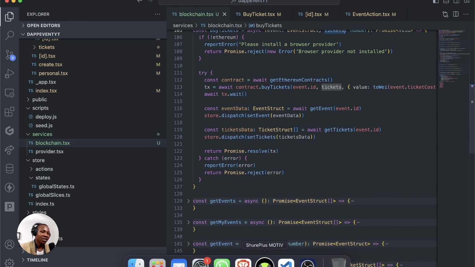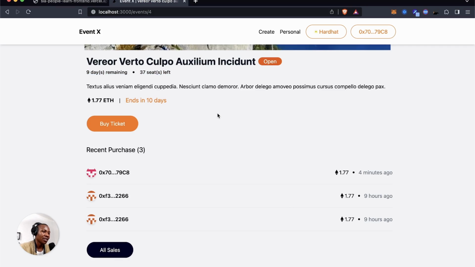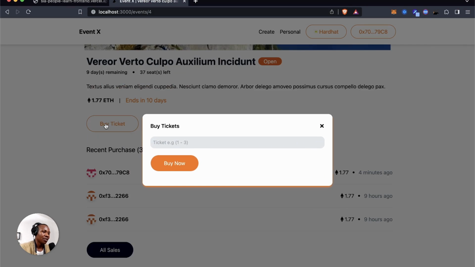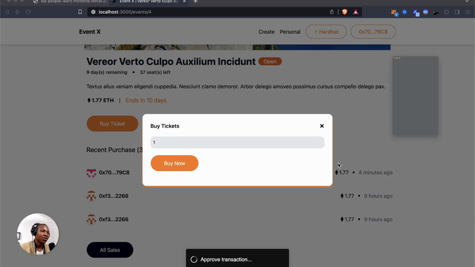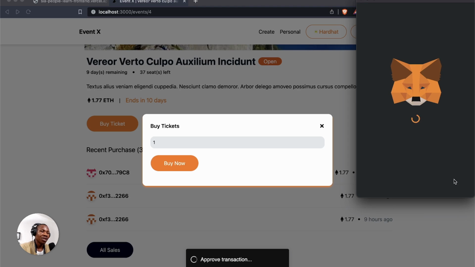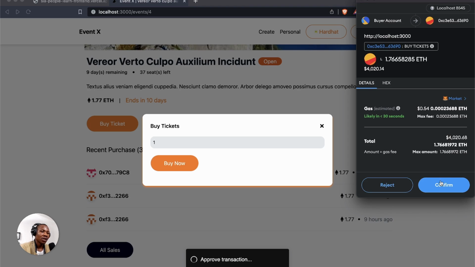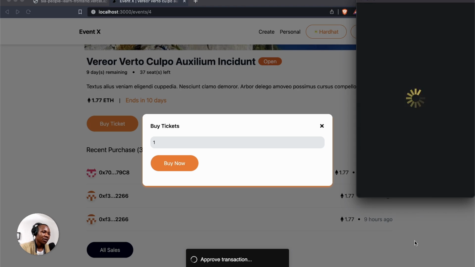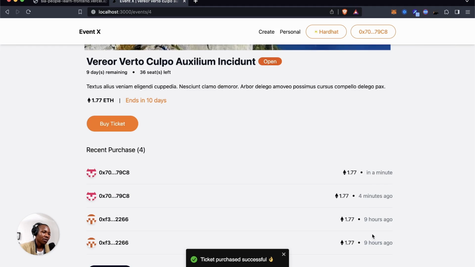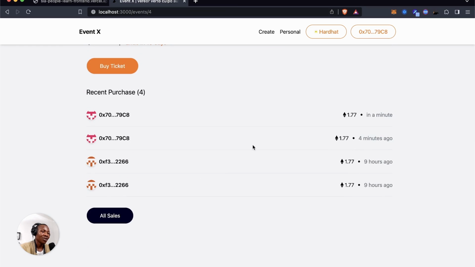So when we save this, let's try to purchase a ticket again. So let's say we're purchasing one ticket again. Click buy now, and let's see what behaviors this is going to take. So let's confirm this. You see that it gets you all the latest one. You can see the seats, all of those things are well calibrated just because we added that